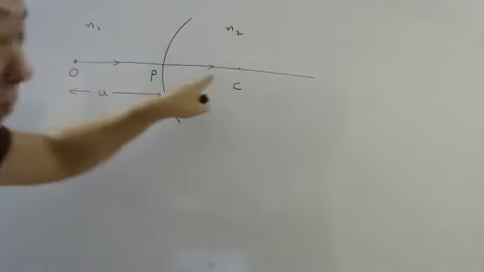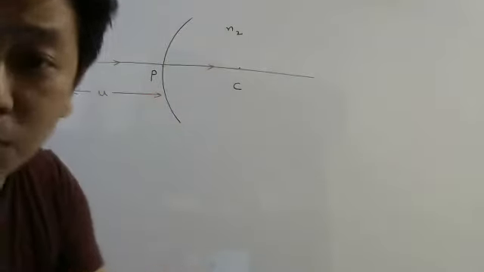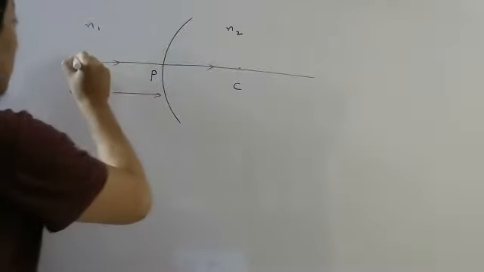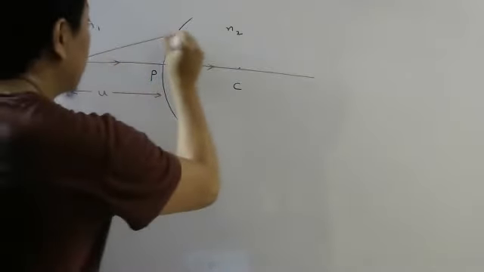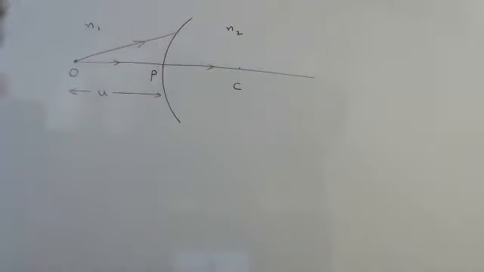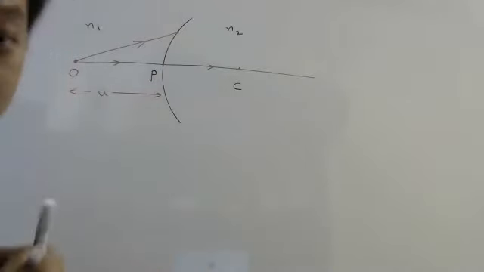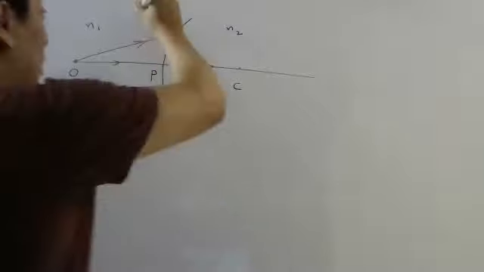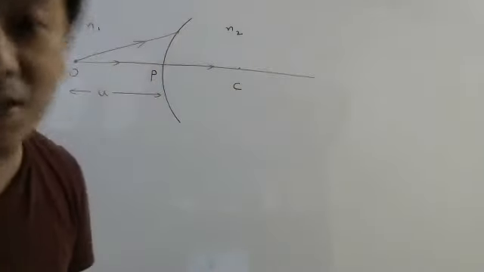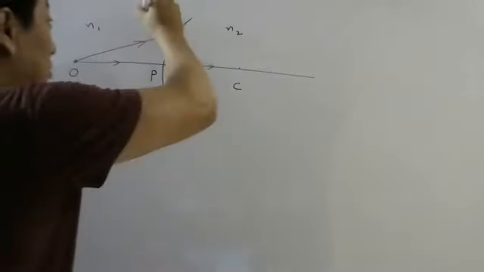This arrow is very important. Okay, then only people will come to know it is light. Then this light is falling at this point, right? Now, what will happen? First, you have to draw the normal. So how do you draw a normal to a spherical surface? Very simple. It should pass through the center.